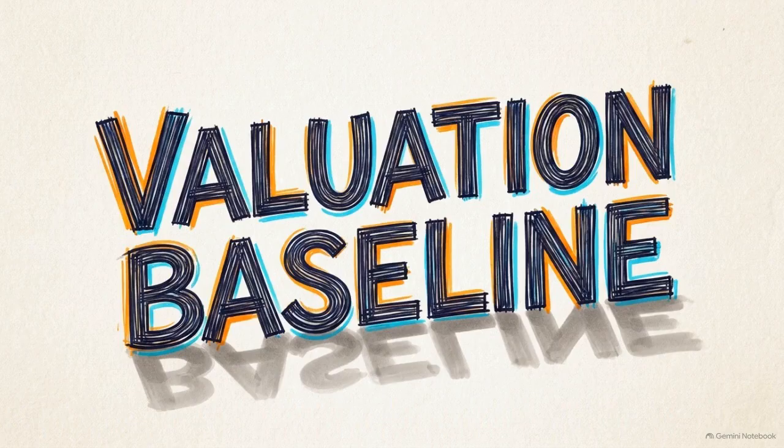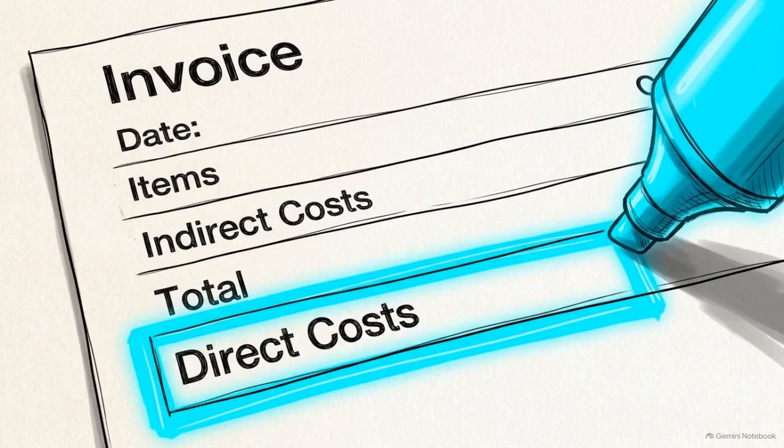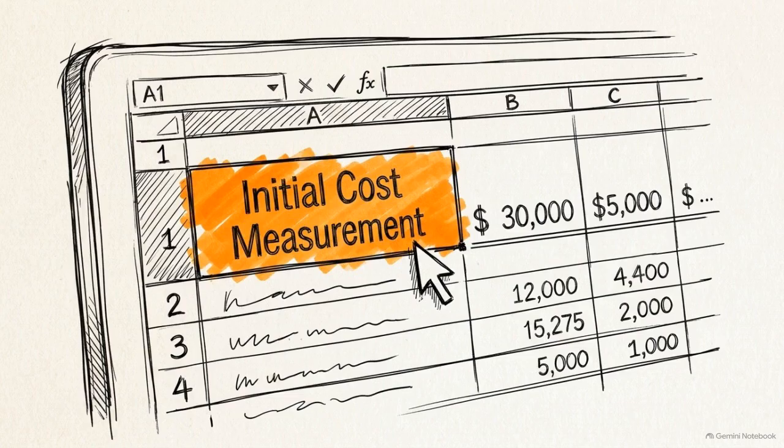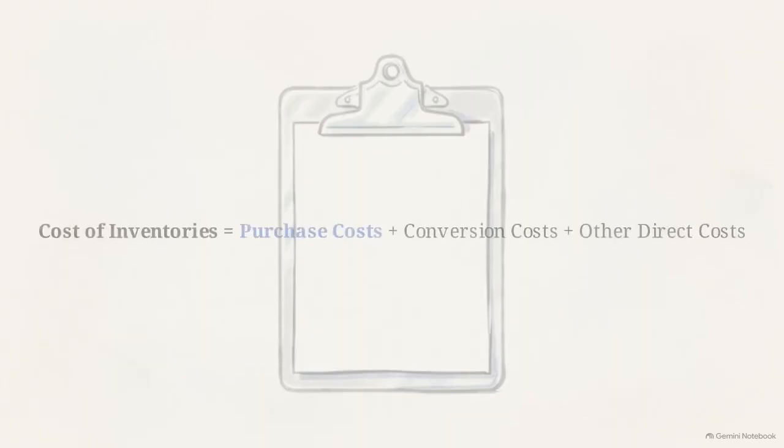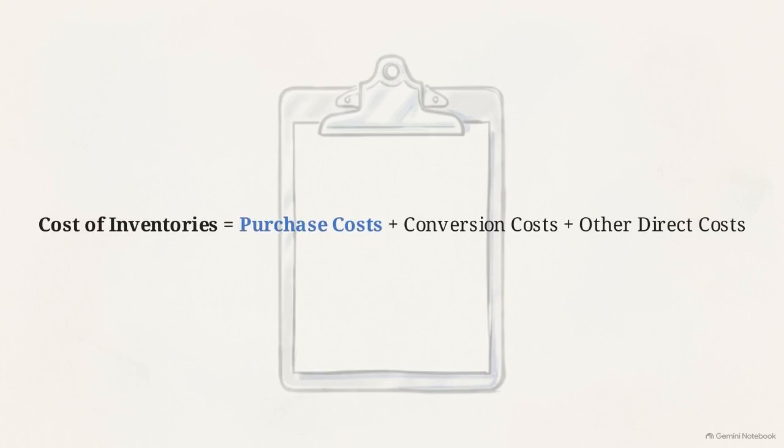For everything else, application begins with the first half of the baseline rule, aggregating true cost. Defining the exact boundaries of what qualifies as an inventory cost is a required first step. You cannot test if an asset is impaired until you have accurately measured its initial value. This formula represents the core equation for capitalizing inventory under IAS 2. Total cost equals purchase costs plus conversion costs plus any other direct costs incurred to bring the inventory to its